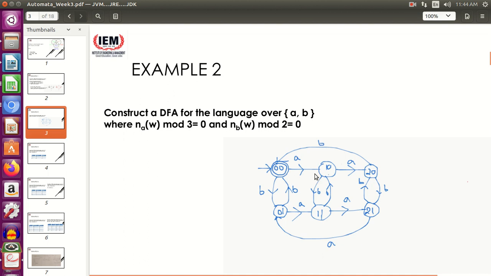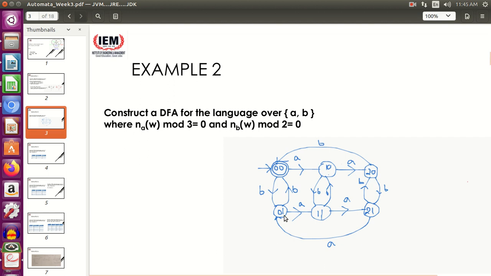Now one more thing, you might think about what these labels are that I have written: 0,0, 1,0, 2,0, 0,1, 1,1, 2,1. Just for your information, 0,0 means that once you start from the starting state, it's 0 number of A, 0 number of B. This is 1,0. Why? Because once you start with the starting state, you have to have 1 A and the number of B is 0 to come to this state. If you go to this state, the number of A required is 2, and the number of B is 0.